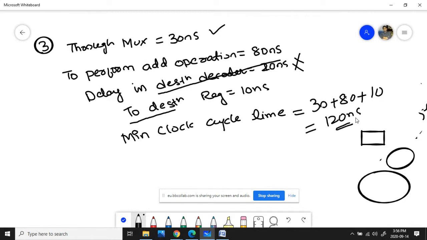Yes, doctor. Why do we delete 20 nanosecond? Because it is a delay which will be caused in the destination decoder. If we remove this delay time, we can avoid this. This is a minimum time. If it is asking you to calculate maximum clock cycle time, suppose,